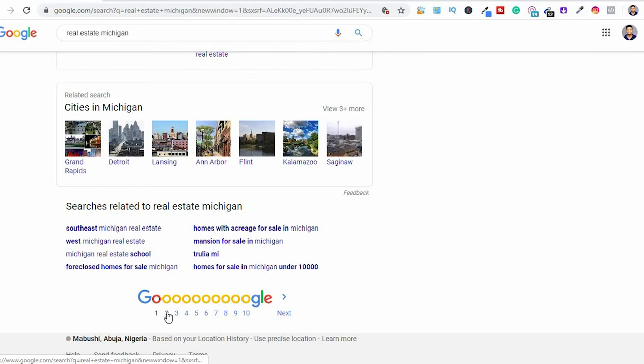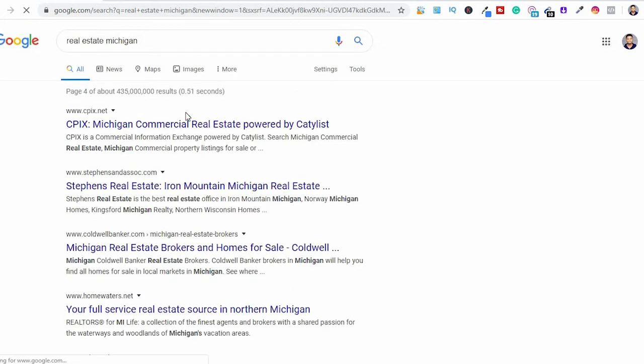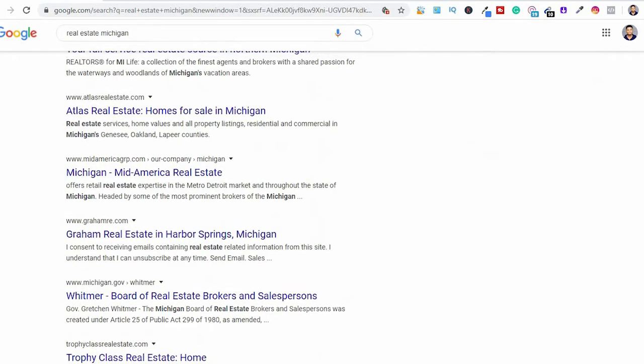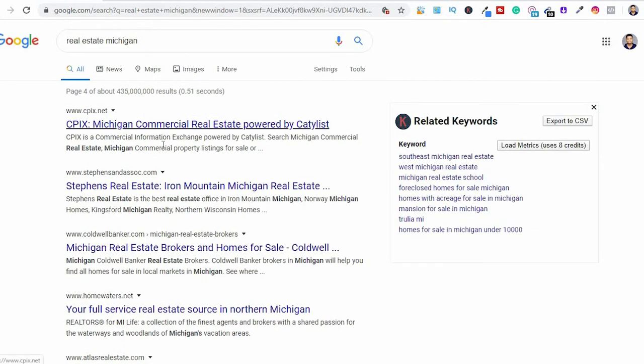All right, but we can just stick to, like, maybe let me go to page 3 or page 4, and see businesses that are on this particular section right here. We can send them a message, by just hitting their contact page or getting their emails on their website and sending them a message telling them how we can actually help them get to the first page of Google, which is very, very important.